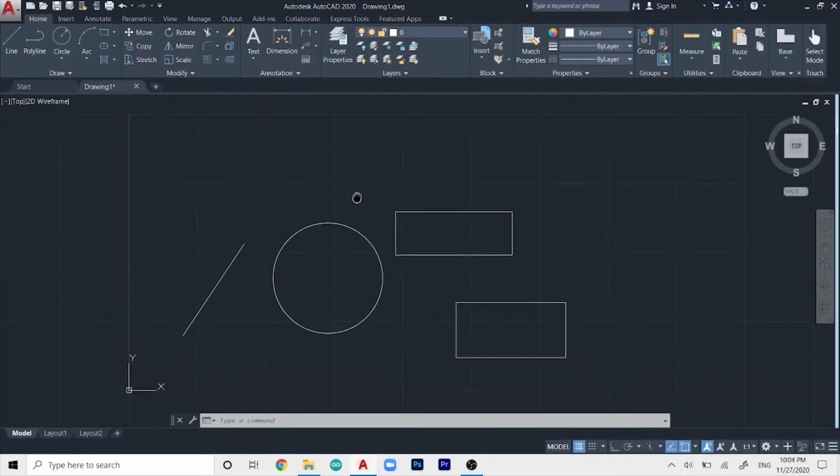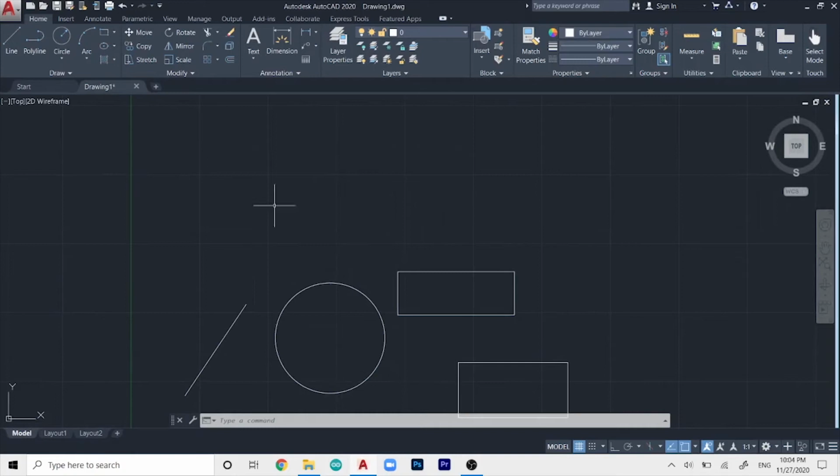Now if you want to draw a polygon which has more than 4 sides, you just need to click the little arrow button on this side. This will select the polygon mode. So this is the polygon mode, just click on it, and first you have to define how many sides your polygon has. So for example, let's say my polygon is a hexagon and it has 6 sides, so I will press 6 and I will press enter.